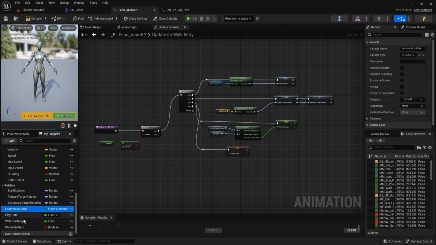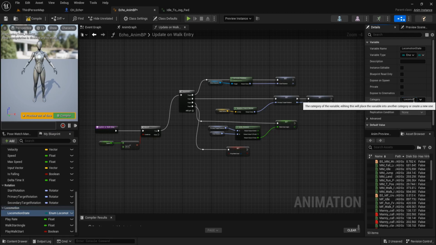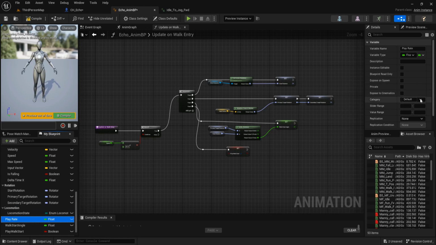And this variable locomotion state, name new category is locomotion. Display rate is locomotion. Walk start angle is locomotion. Play walk start is locomotion.